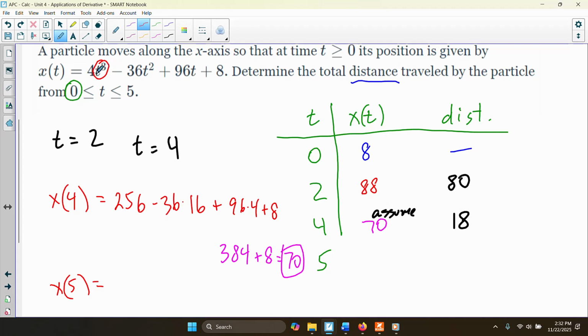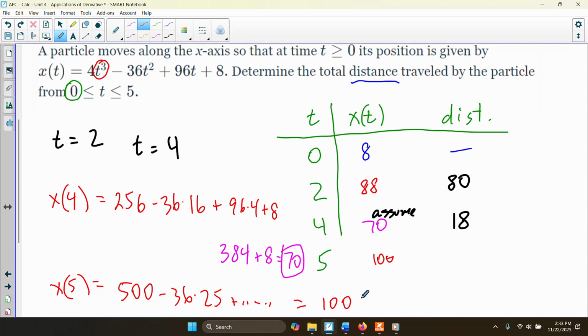5 in here. So 4 times 125, right? 4 times 100, so that's 400, so it's 500. The numbers are getting ridiculous. So minus 36 times 25. I don't want to do that. Plus blah, blah, blah. So let's pretend all this is 100. In other words, this is 100. So you end up on the 100th floor. And again, the goal is really to find the distances, not to get bogged down with